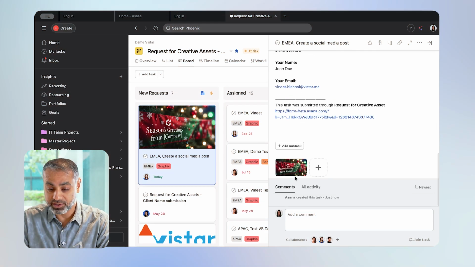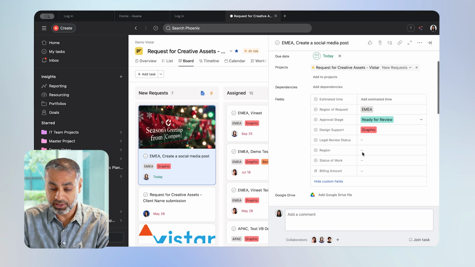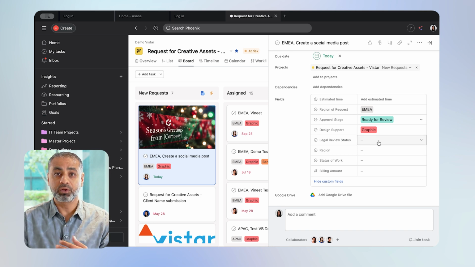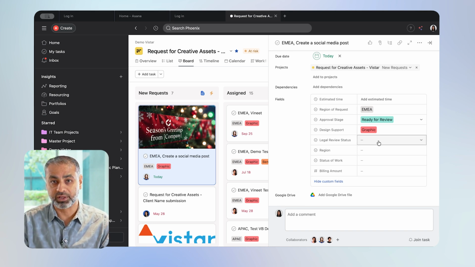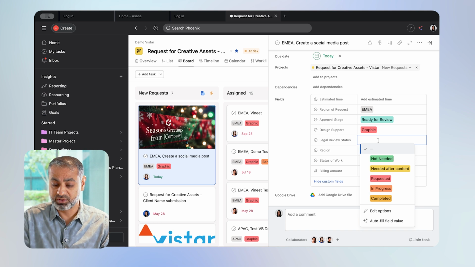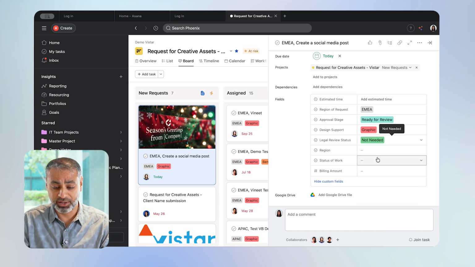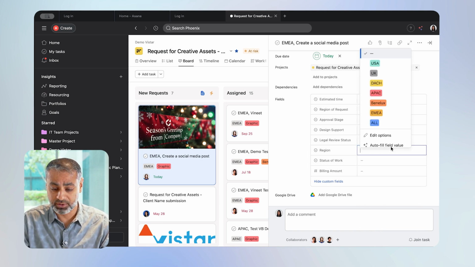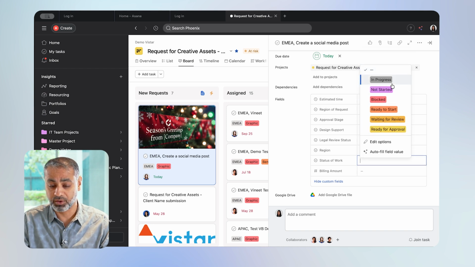She can see the details that were submitted by the customer, including the files that were attached and so on, and all the other details. And she can now fill out her internal fields to say, okay, does this need a legal review? Maybe not needed for this. It's a Christmas post, what region has it come from, and what's the status of the work, whether it started,